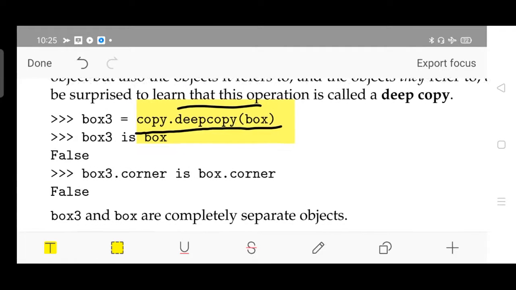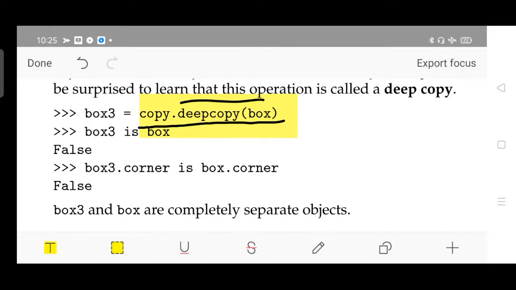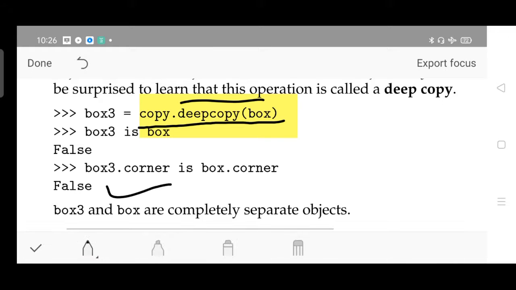So what does it do? It defines the object as totally separate. Earlier, at least we could see box 3 dot corner, which is the same as box dot corner, but now with respect to deep copy, even that is separated. Box 3 corner is not the same as box dot corner. Two separate references.